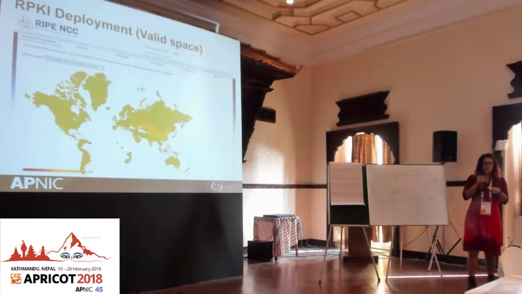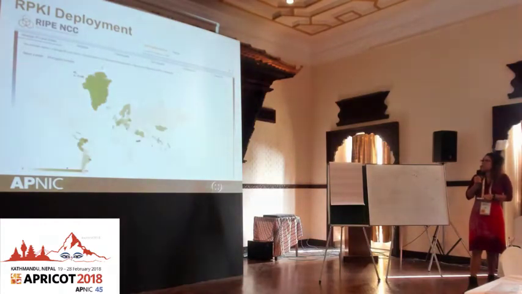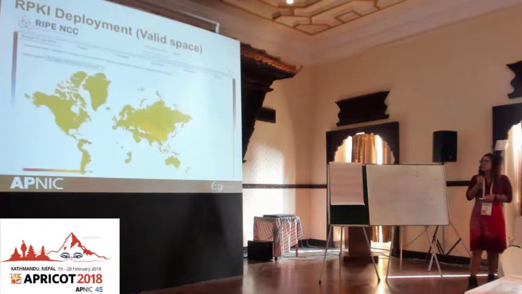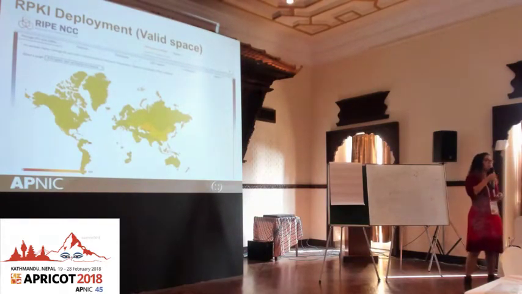So as the space covered is not that much, being green here doesn't really mean much, because if you don't have any space covered, or just a few of the prefixes, for example in Australia, the previous slide showed that it's 0, the space allocated to Australia that is covered by ROAs, then having valid or invalid space in Australia doesn't mean much. But this is about RPKI, so it's about ROAs, about generating that information that can be cryptographically validated.